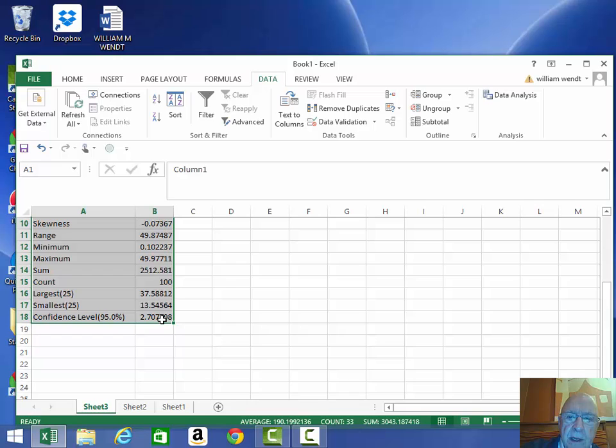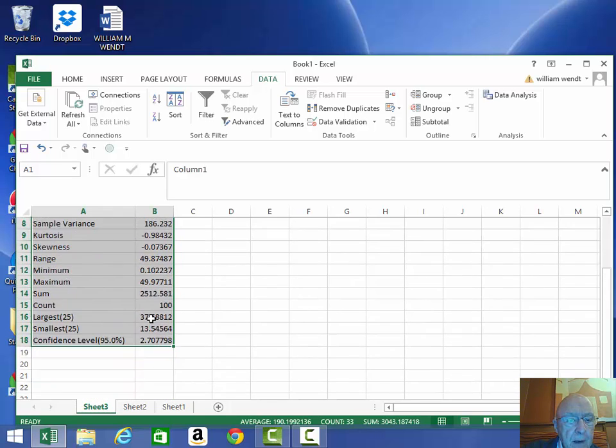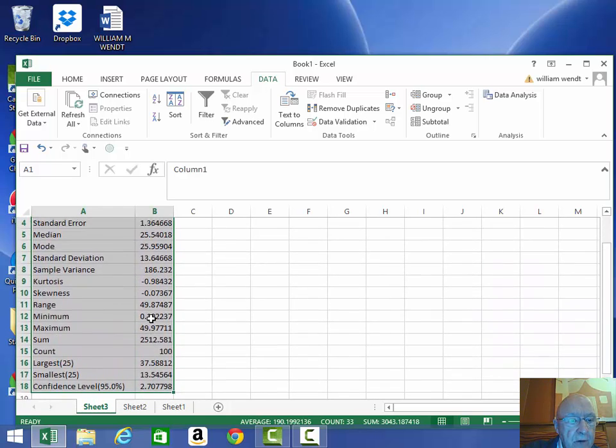For some reason, Excel doesn't actually do the calculation for you, so you have to do it. And the reason I mentioned 1.96 plus or minus standard deviations include 95% inside is because this is 1.96 times the standard deviation,